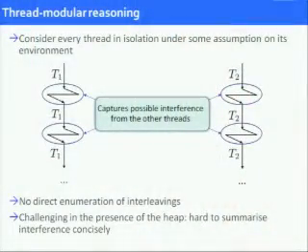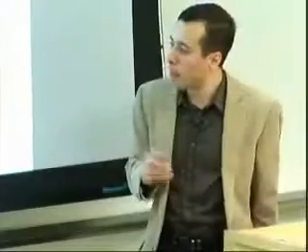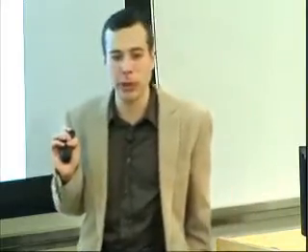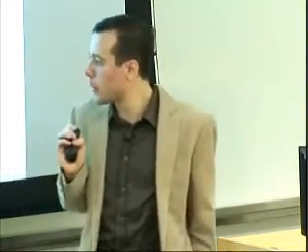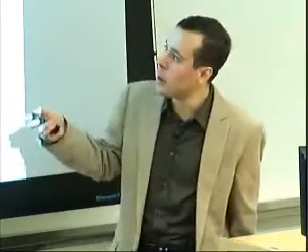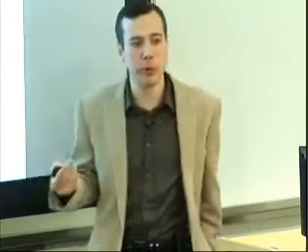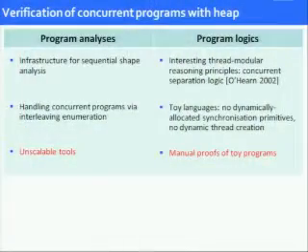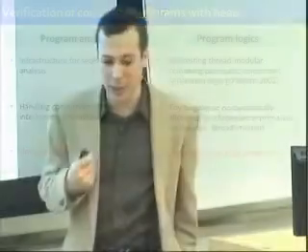And then from several analyses like this, you try to infer the properties of the whole program. This is a good method in that it avoids direct enumeration of interleavings. But it may be quite challenging to devise these thread-modular reasoning techniques for heap-manipulating programs. That's because it's very hard to summarize this interference concisely when you don't know which thread is going to modify which part of the memory. Okay, so given that, let's see what we have in stock for verification of concurrent programs with heap, the mixture of concurrency and heap manipulation.